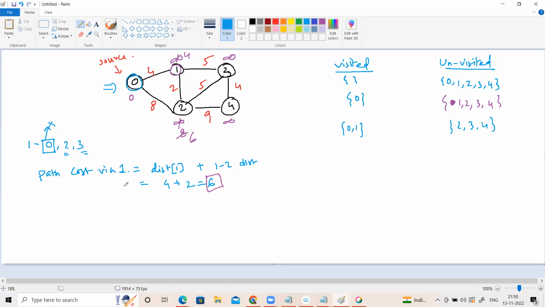Fine, because this is a better option as it is giving us the minimum cost. Now again, in case of path via 1, there is another thing, that is distance 3. Sorry, not distance 3, this is distance 1, extremely sorry, pardon. So in case of distance 1, we have 4, and this is 5. So 4 plus 5 is equal to 9. So who is the minimum between infinite and 9? Definitely 9. So we will honor 9 over here, right? That is true. Now, if it is clear,